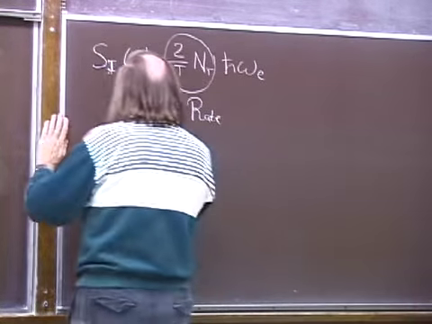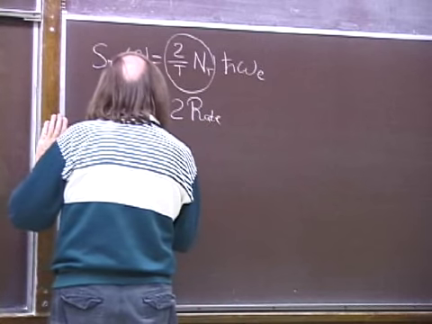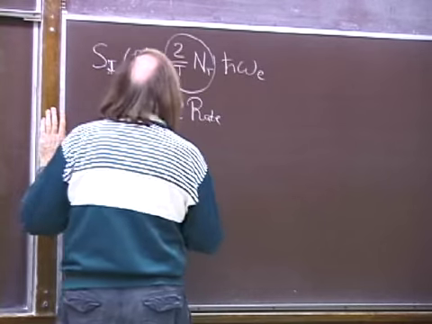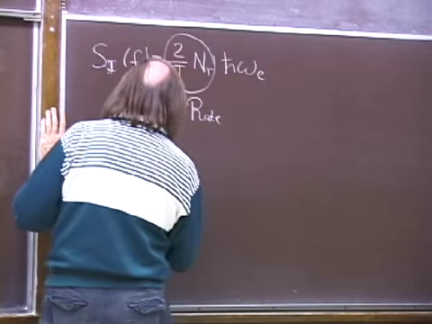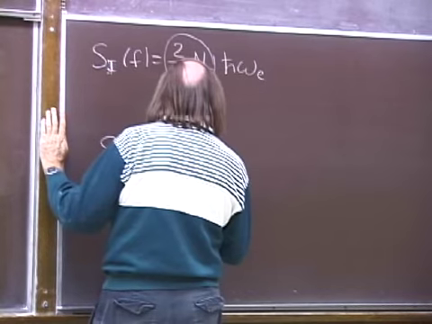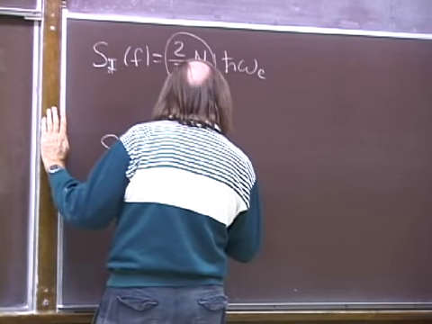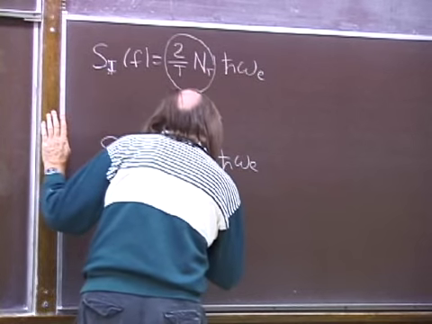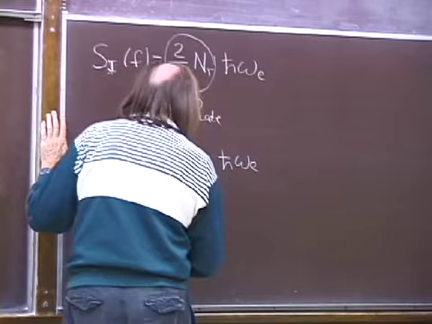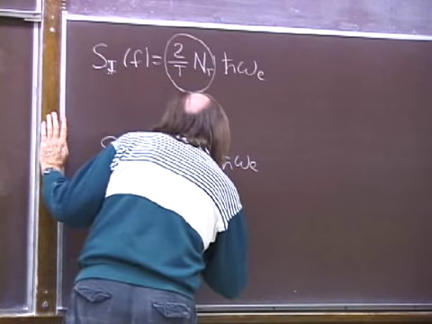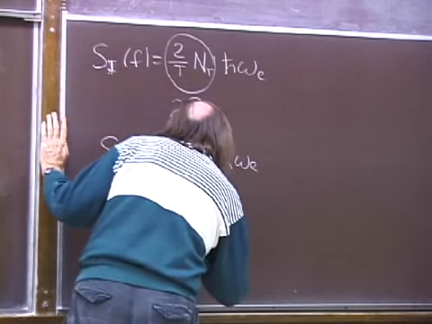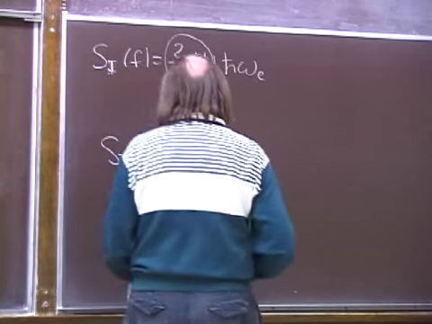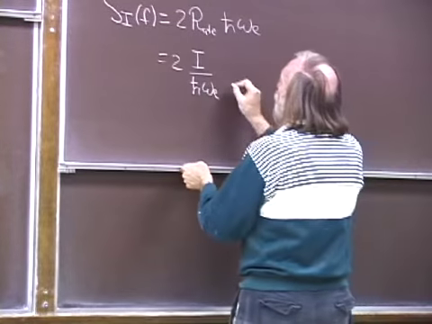So we have the simple formula that for any light beam, assuming these photons are uncorrelated, as I did, the spectral density of the light intensity in the beam is twice the rate of photon arrival times h bar omega e, or I can write it as twice the intensity of the beam, that's the rate of energy that comes in, divided by the energy of each photon, times